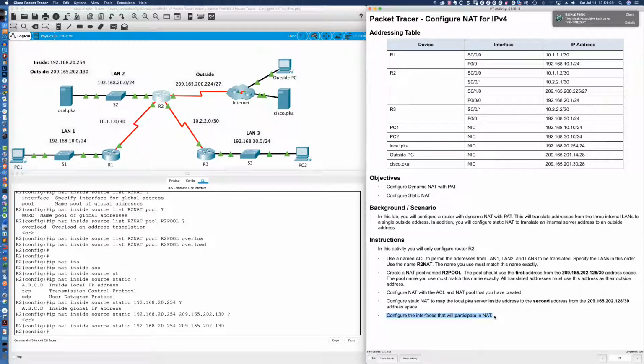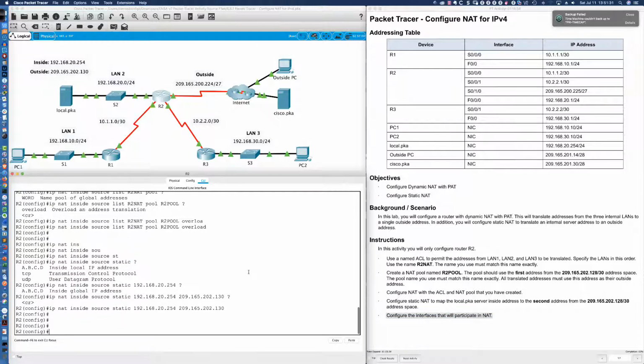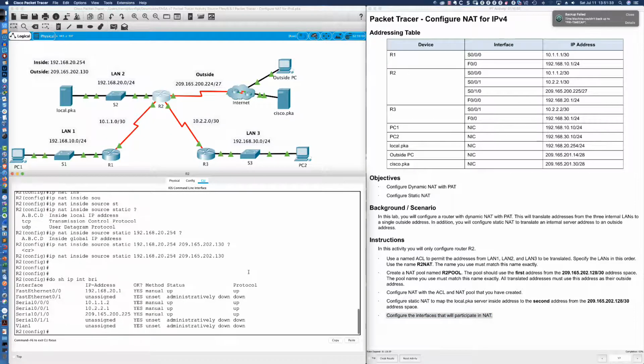Now, the final step is probably the easiest. I've seen my LAN segments 1, 2, and 3 respectively. That's going to be ip nat inside, ip nat inside, ip nat inside, and then we've got the outside network. So on that serial interface, it's going to be ip nat outside. So we're at 65%. We've got 4 interfaces to properly configure here. Let's see which interfaces are which by saying do show ip interface brief.